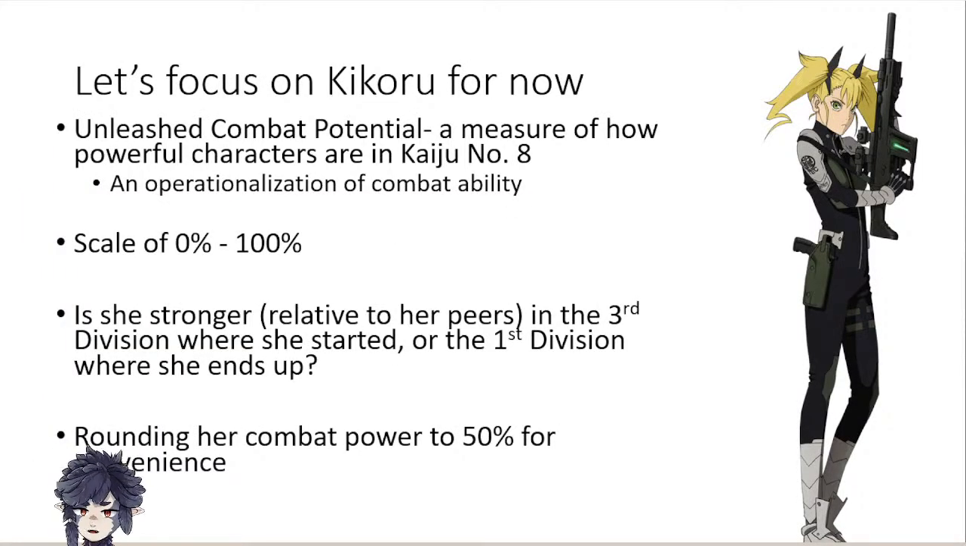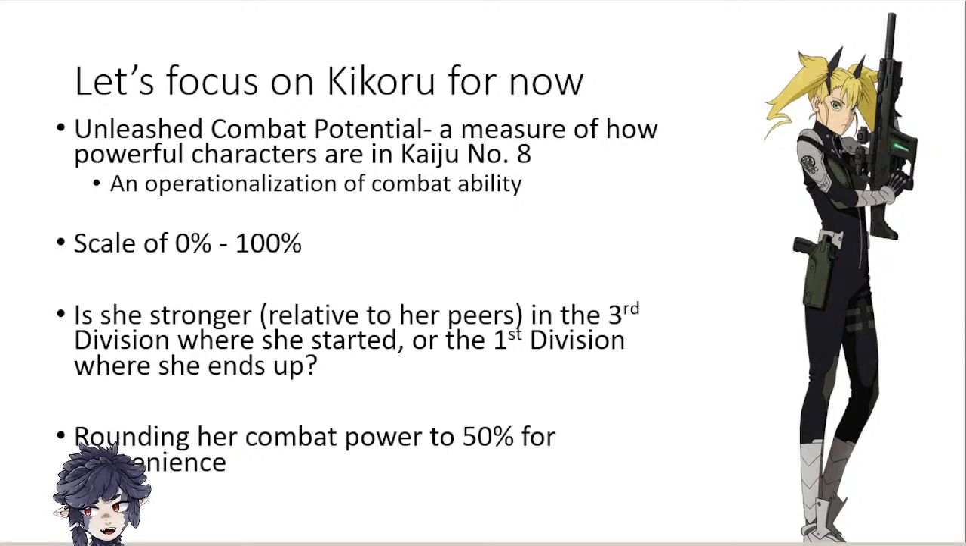Just to give you some lore, if you're unfamiliar with Kaiju Number 8, they have sort of a power scaling thing called Unleashed Combat Potential, or Unleashed Combat Power. I think it varies depending on the translation you're using. They wear special suits that allow them to perform superhuman feats when they're fighting kaiju, and the higher their unleashed combat potential is, the more powerful they are in combat, for the most part. Of course, the protagonist has to be an exception, or else would this really be a shonen manga? Their unleashed combat potential is on a scale of 0 to 100, with 0 being the absolute lowest and 100% being